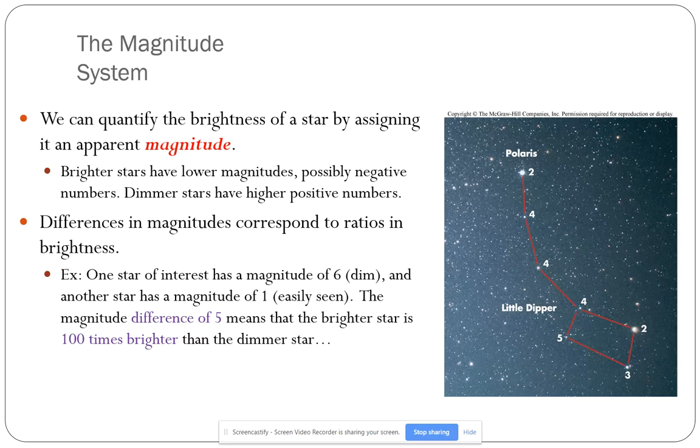So how did astronomers come up with a numerical version of this? They start by saying, okay, measuring the brightness, there was roughly a factor of 100 times brighter for magnitude 1 compared to magnitude 6. And so they said, okay, we're just going to make that our rule. If the difference in magnitudes is 5, 6 minus 1 turns out to be 5, then that is going to mean that it's 100 times brighter. And so we have an equation,